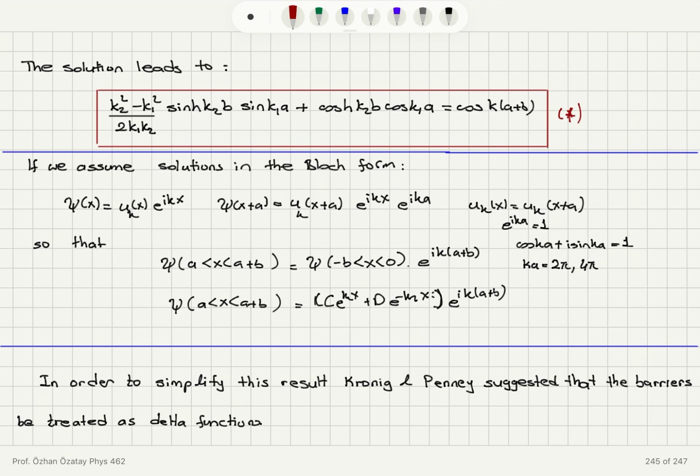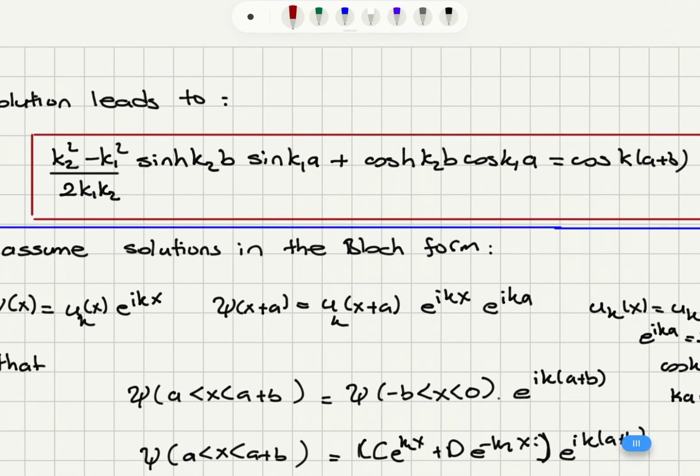In the zero potential regions, we have free electrons, so traveling waves. Inside the barrier, we have decaying solutions. So we have c e to the k2x plus d e to the minus k2x exponential solutions. If we assume that these solutions have the Bloch form, then we write for the periodicity requirement psi of x between a and a plus b is equal to psi of minus b x between minus b and 0. So inside the square well, for example, we require the same solution. Then this gives us an equation for the Bloch waves, which is an equation between k1, k2, and k